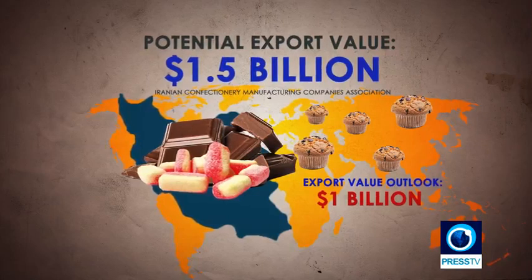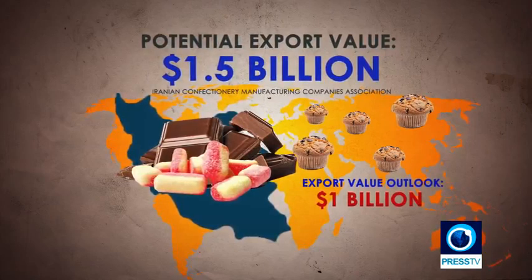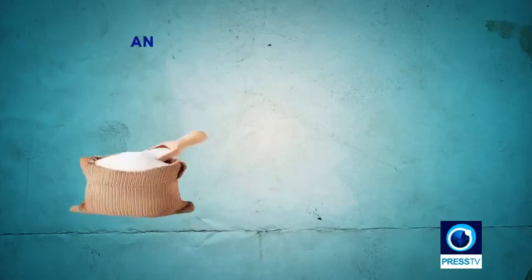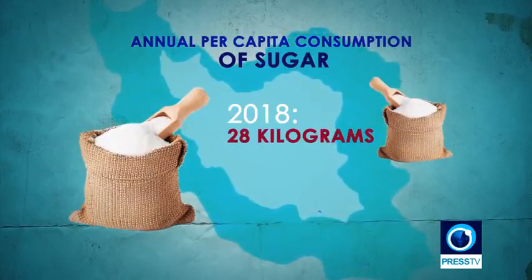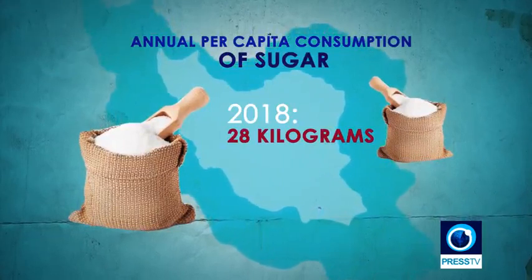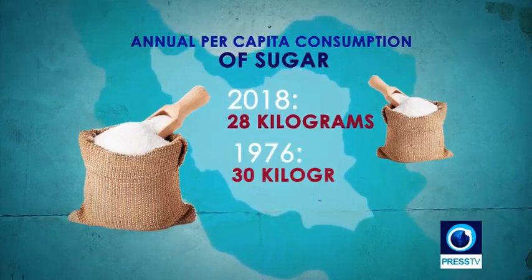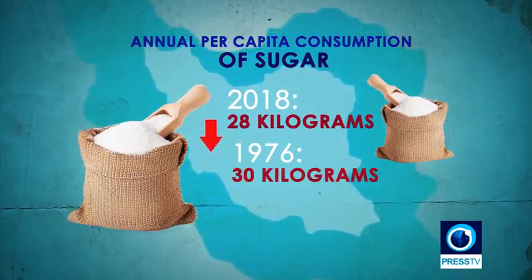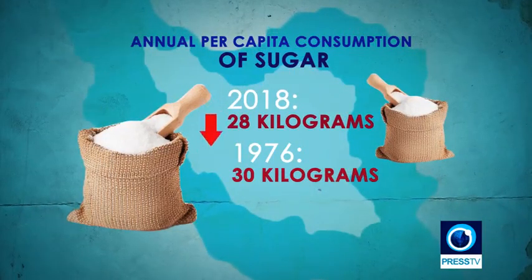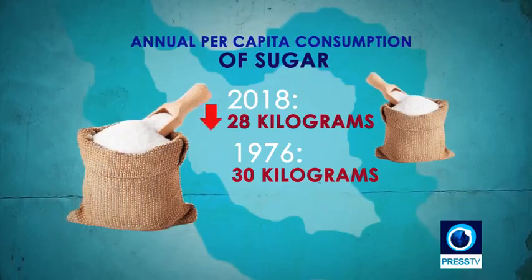On top of that, government bodies plan to increase annual exports to $1 billion for this industry in the coming years. The per capita consumption of sugar among Iranians was around 28 kilograms per year in 2018. But sugar consumption in Iran is on the decline from its record-breaking 30 kilograms per capita in 1976. That's based on the UN's Food and Agricultural Organization statistics. With this in mind, the demand for sugary foods is still high, and the industry continues to meet these demands